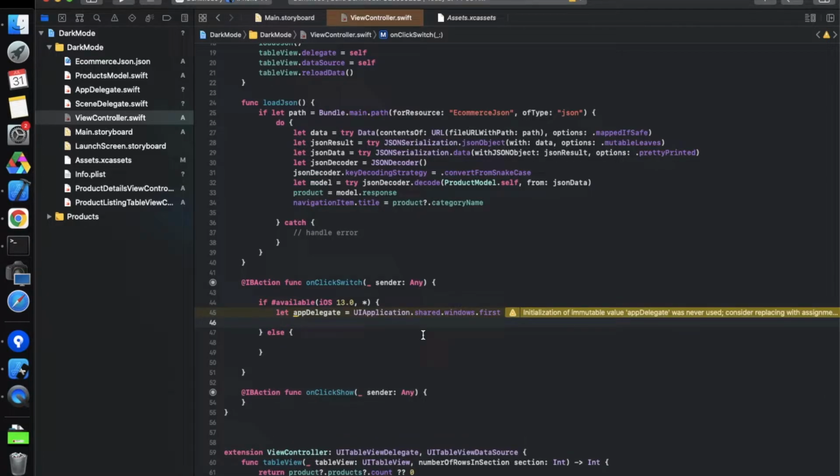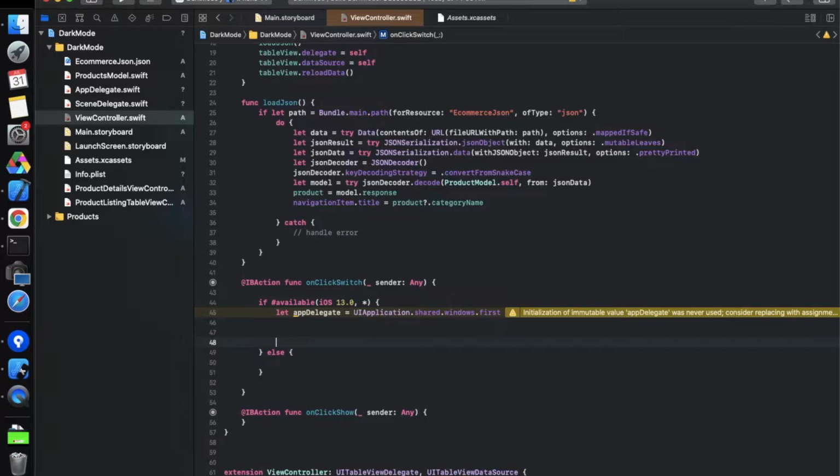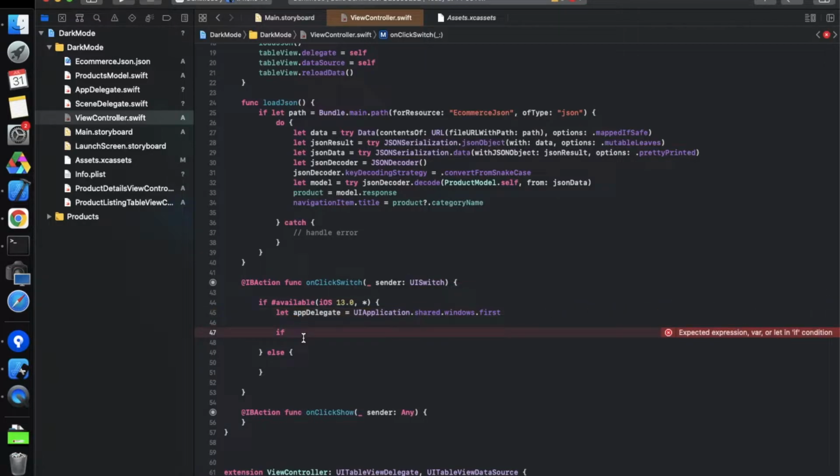Now we have to check whether the switch is on or off. On the basis of that, we will convert the normal UI to the dark mode UI, or the dark mode UI to the light UI. So now we change the sender to UISwitch because it's a switch type. Otherwise we would need to typecast the Any type over here, but we don't want to do that.